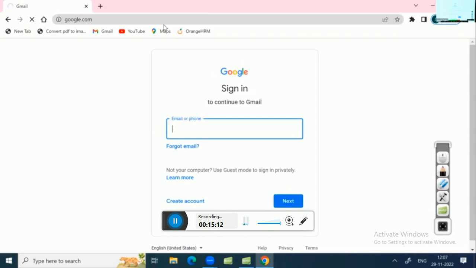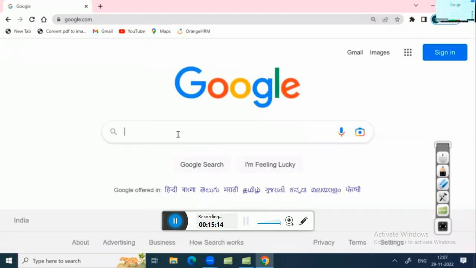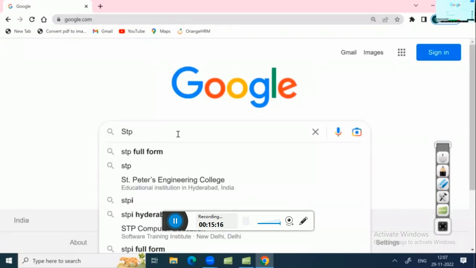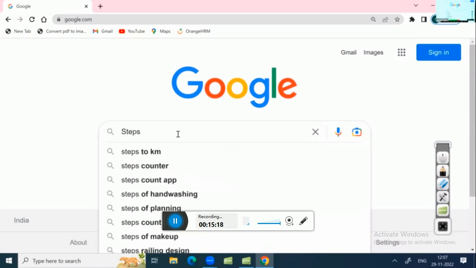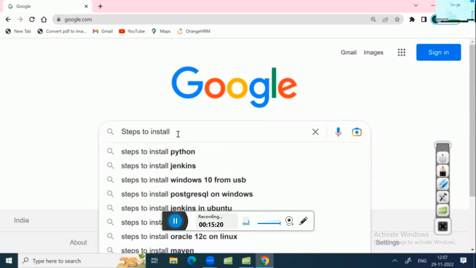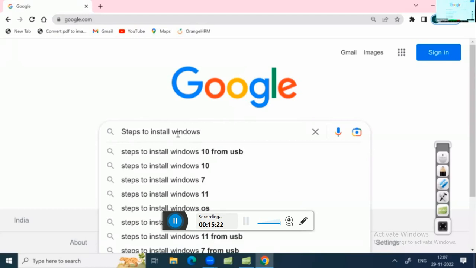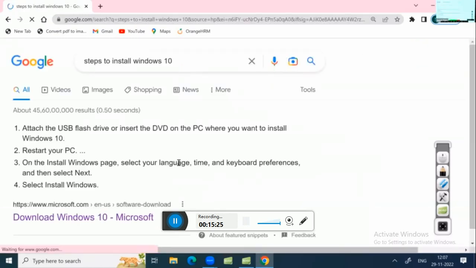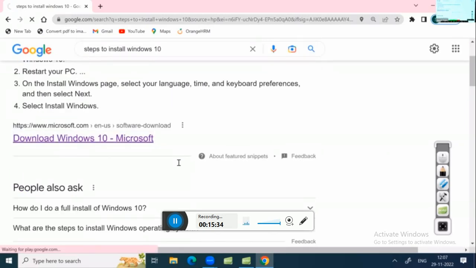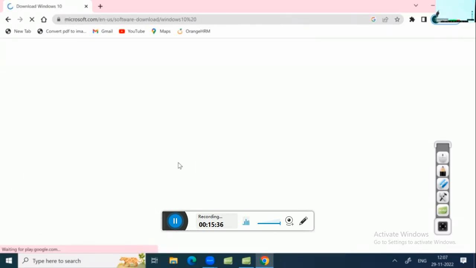One second. Here I am typing steps to install Windows 10. This Windows belongs to which company? Microsoft. Definitely the company Microsoft, who made the product Windows,